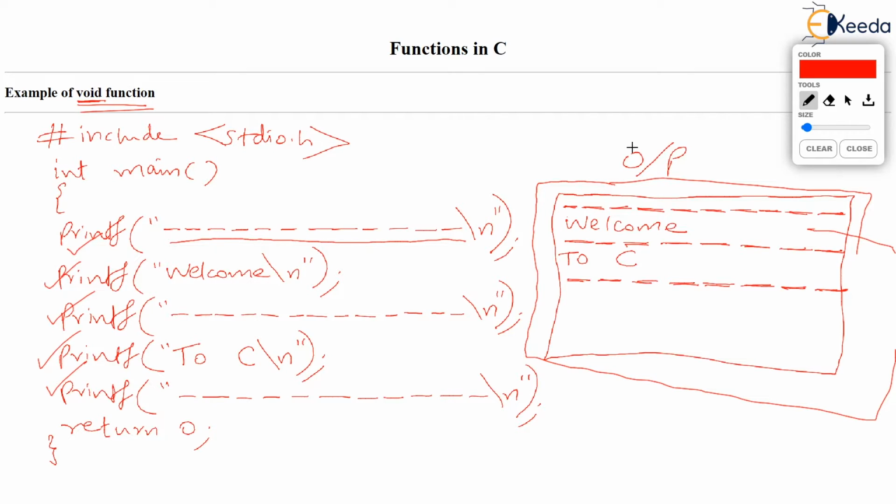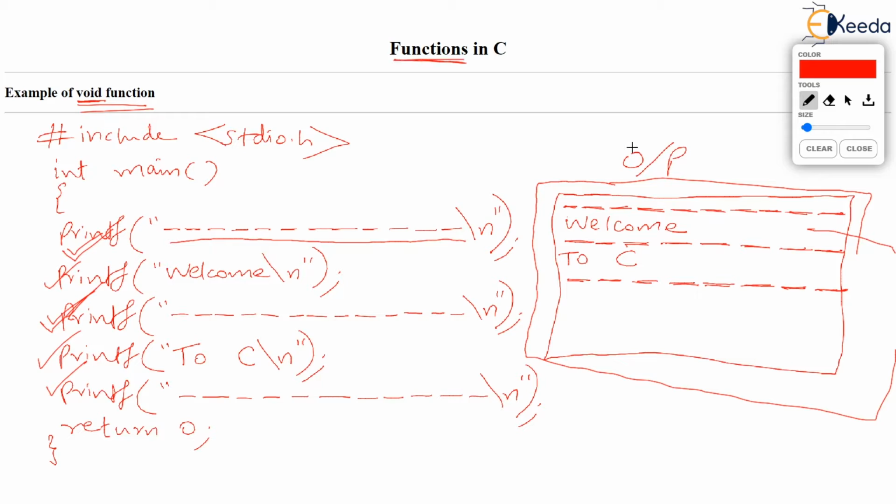Okay, but this program is printing the desired output, but this is of no use, because what if I had such a line of 80 dashes to be given 10 times on my screen? Then it would be really cumbersome, really difficult for a programmer to write such a printf statement which is printing a line of 80 dashes 10 times. And really it is very boring to hit dash 80 times on the keyboard. Do we have any better solution instead of writing such long printf statements? Definitely we have. That's the topic we are learning, functions.